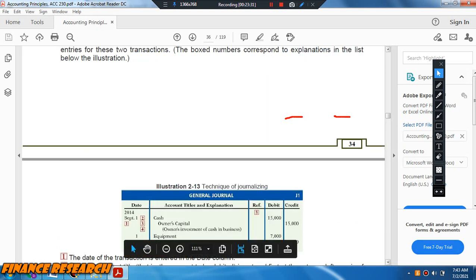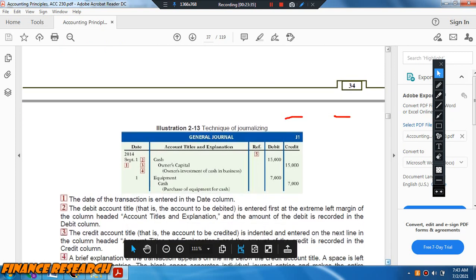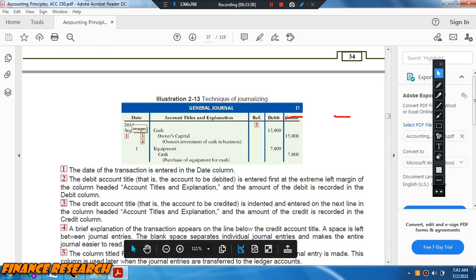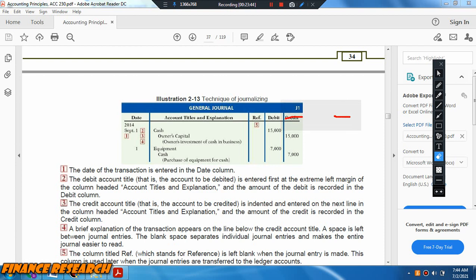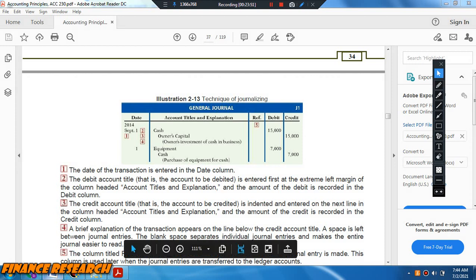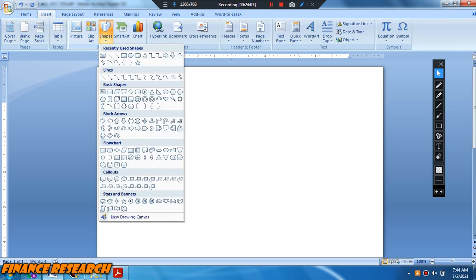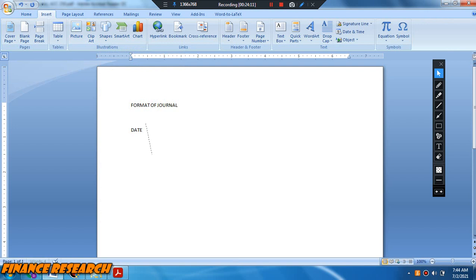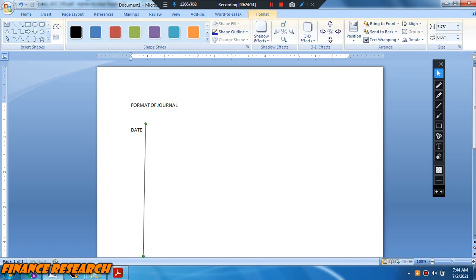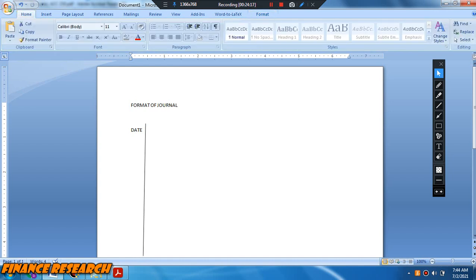Firstly, we will quickly take a look at the format of the journal. See the date and the particulars, reference, and the debit and the credit. Okay, so this is the format. We will see how it is created, the format of the journal. This is very, very important. As I told you, the date will be mentioned here, and then